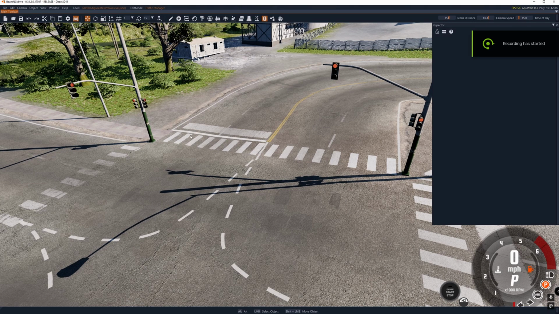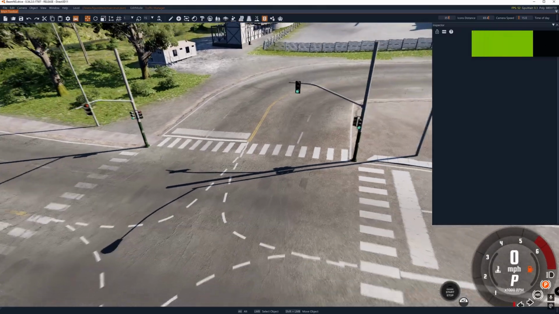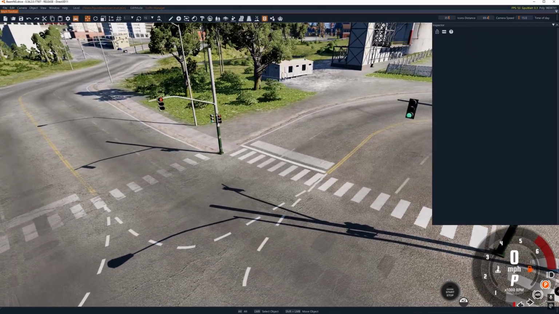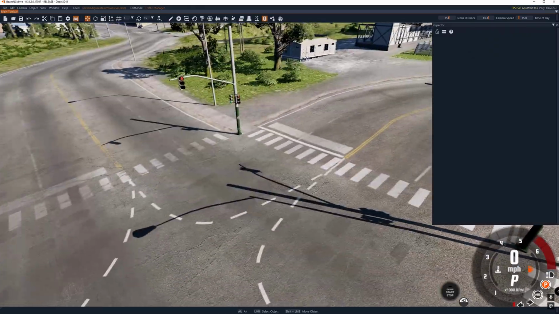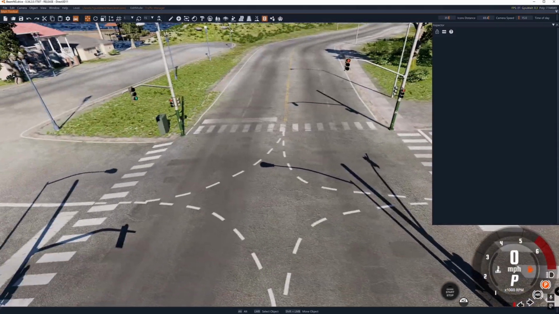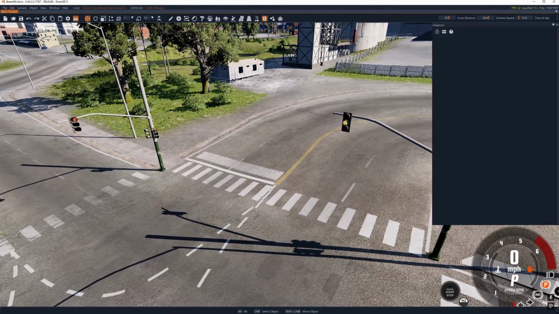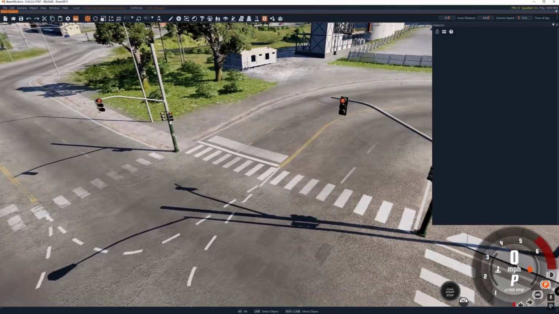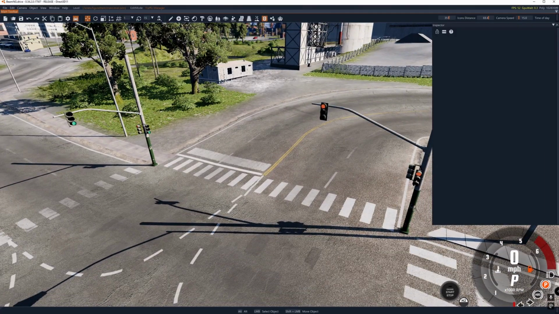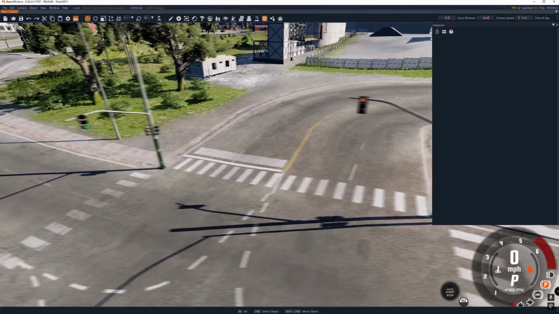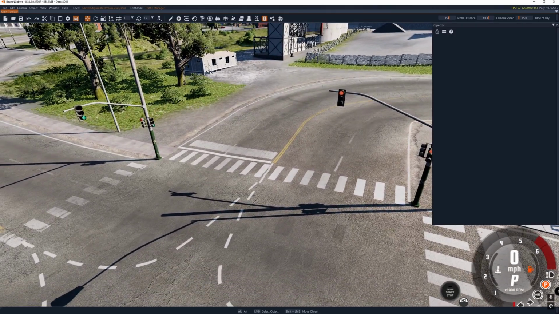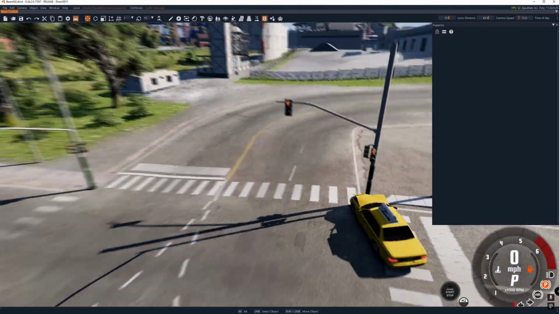Alright, so last night I was going to try and make a tutorial where I programmed this intersection to animate the lights, and I ran into some bugs which I don't know how that happened. It's so weird, the way it transpired. So I wanted to make a quick video about things to watch out for,